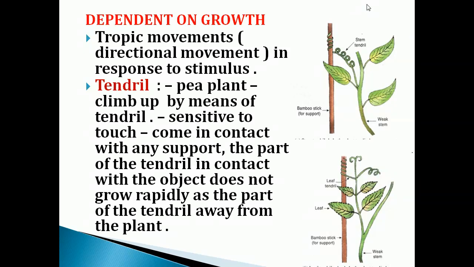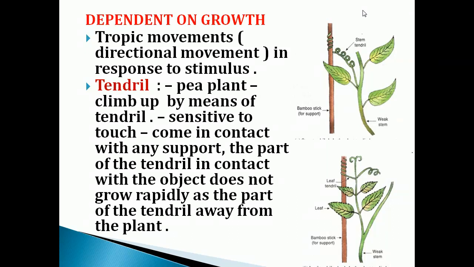More commonly, plants respond to stimuli slowly by growing in a particular direction. But in movement independent of growth, the plants show an immediate response to the stimuli. Once we touch the touch-me-not plant, the leaf will get folded. Immediately there will be a change in the shape of the leaf. That is the movement which is independent of growth.